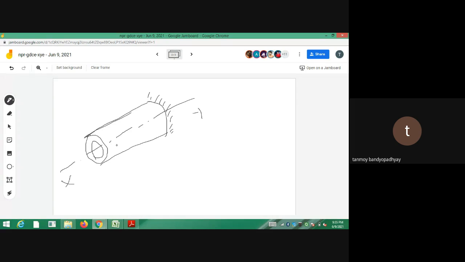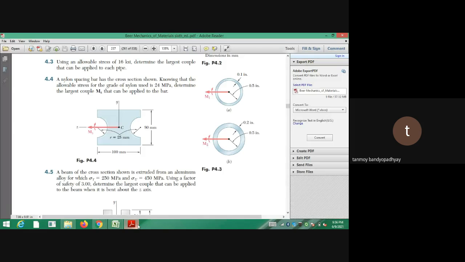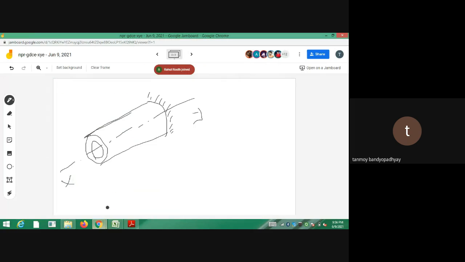Now I am bending it. See in which axis the bending is occurring. Whenever you consider the cross section, it is always the YZ plane. So the YZ plane is being bent. How is it being bent? This one is the Z axis. Generally the M line, we take it as the Z axis. So along the Z axis it's being bent, like this. This one is the x axis, sorry, this is x. Suppose this one is the y axis and this one is the z axis. So here if I draw it, this one is the y axis and this one is the z axis.